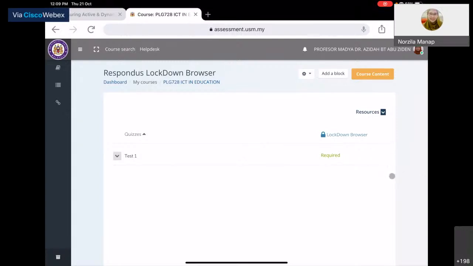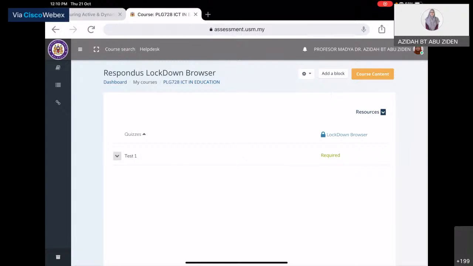Meaning that you can try it, because we are going to renew next year, but for the moment you just try the lockdown browser. I think you don't need to use the e-proctoring at the moment. Usually we use the e-proctoring for our synchronous exam sessions. But if you would like your students not to be able to go to other browsers, then you can try the lockdown browser